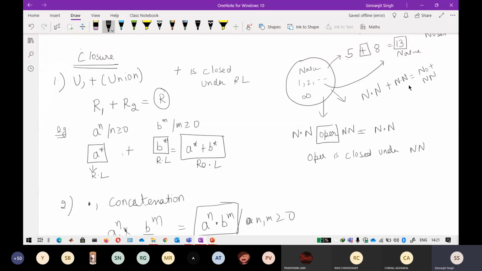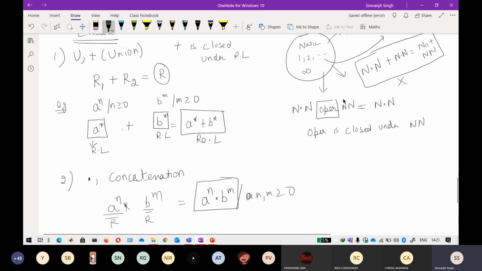Okay, so if you are able to find at least one or only one of these scenarios in the set here, you can directly say that it is not closed. It is again based on the same thing that I've told you in the pumping lemma: if you are able to find at least one thing that is not satisfying the closure property, you can directly say that this is not closed under that operation.